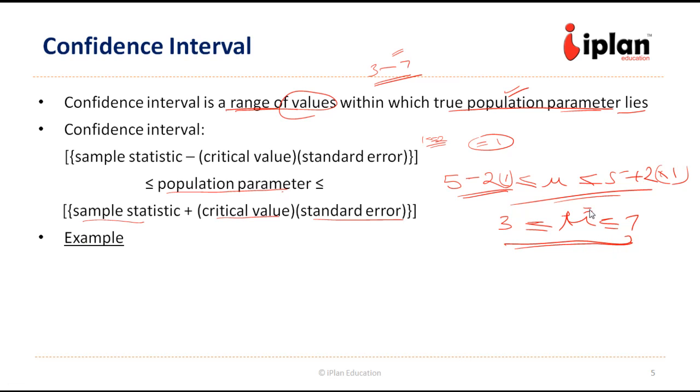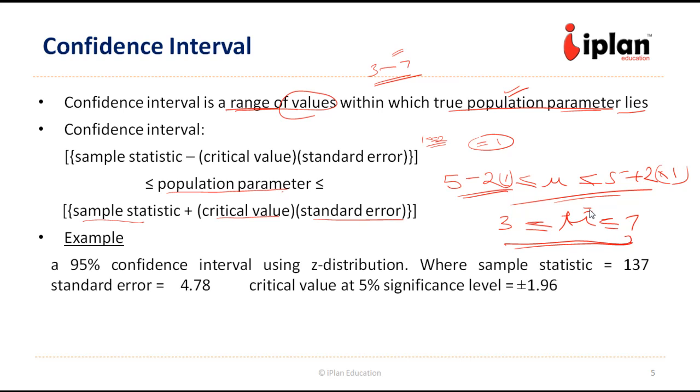Let us take one more numerical example. Suppose we want to construct a 95% confidence interval. It is another way of saying that the chance of any element being within that confidence interval should be 95%. Or in other terms, if this is the range, at least 95% of the values should lie within that interval.